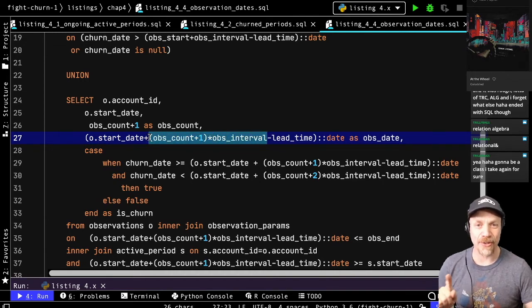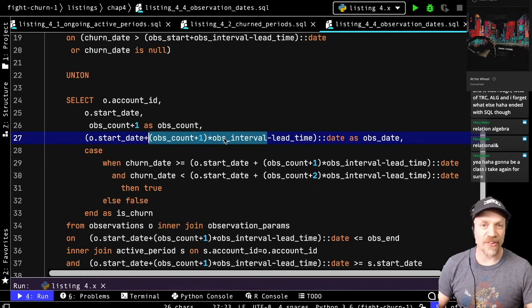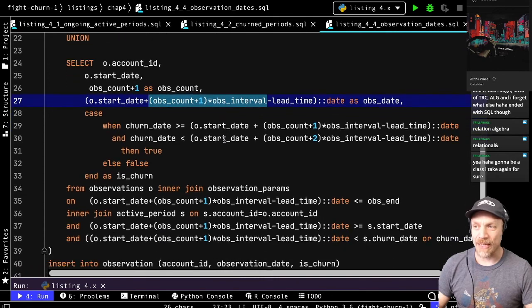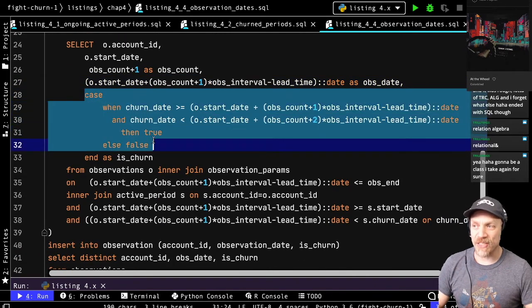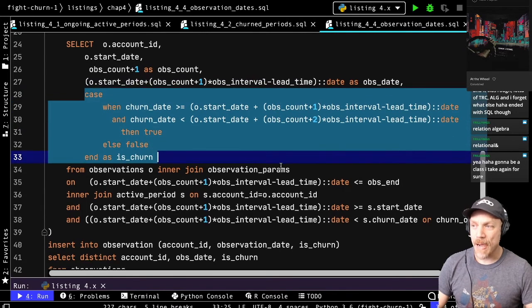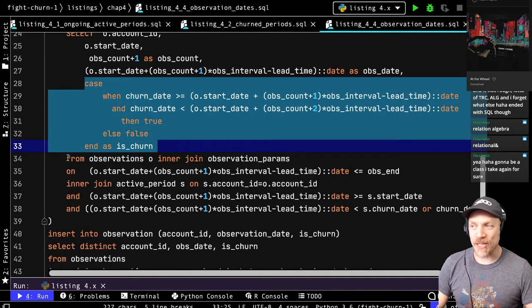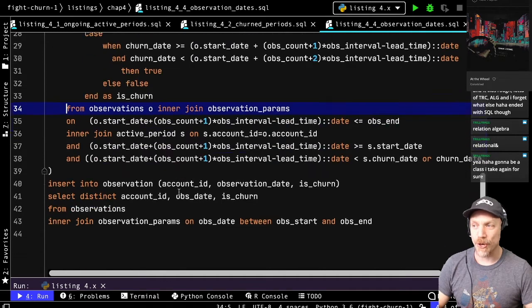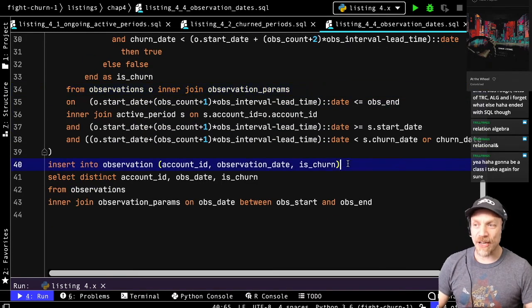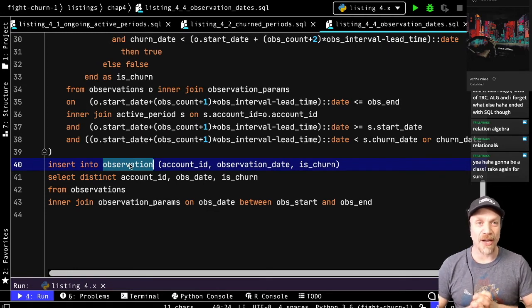And I'll tell you later if you want to know why I don't just do this in a more simple way by adding like a month or something. This is the same logic for determining if this is a churn observation. And this is all the logic that you need to keep doing the recursion, to keep sequentially finding observation dates until there's a churn. And so this is another insert select into a table called observation. And the observation table also got created during setup.